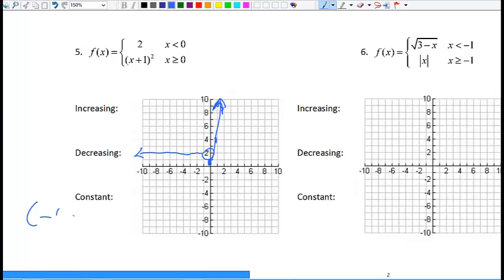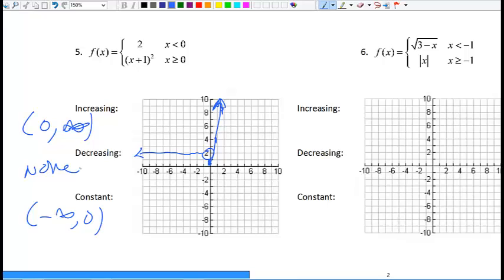That's a constant. And then at 0 on, it is increasing. And it is decreasing nowhere. Okay. Alright, so this last example,